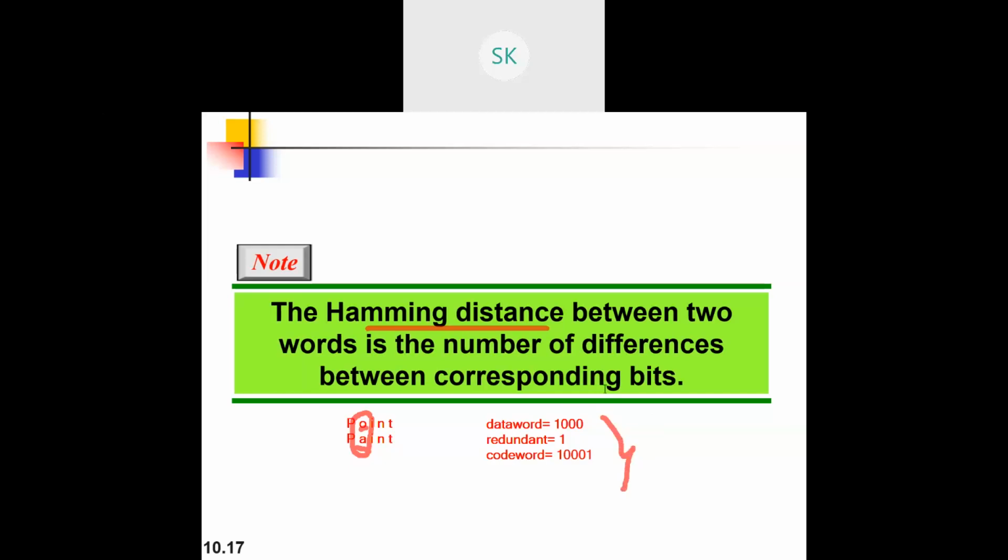Now in the transmission phase, the sender will transmit the code word 10001. The receiver will receive the code word, right?